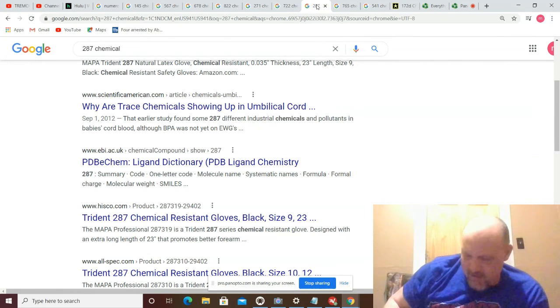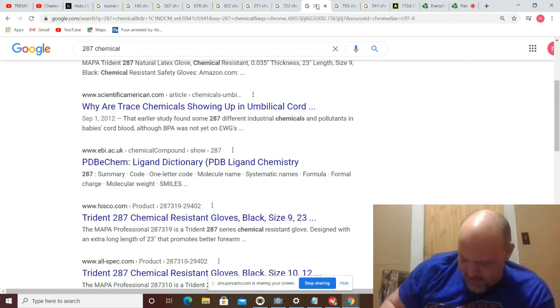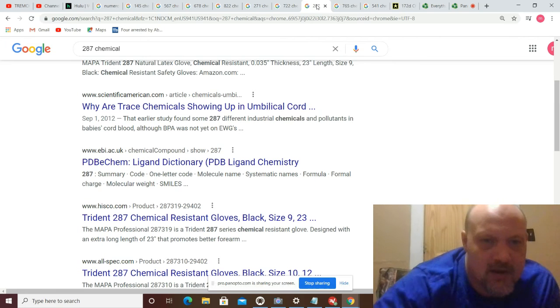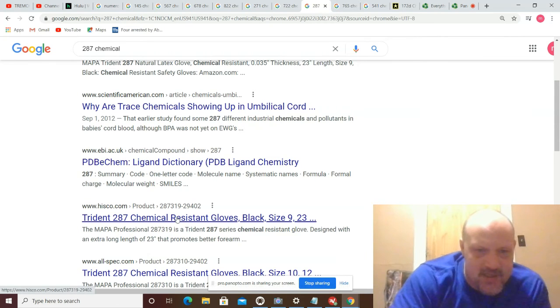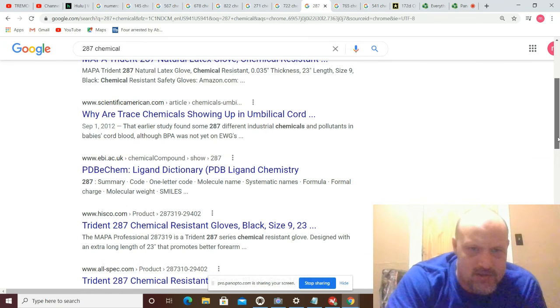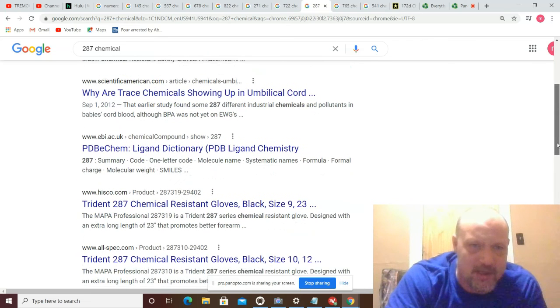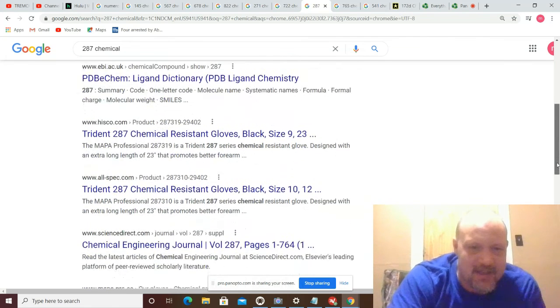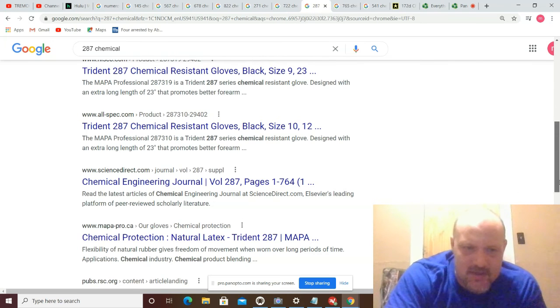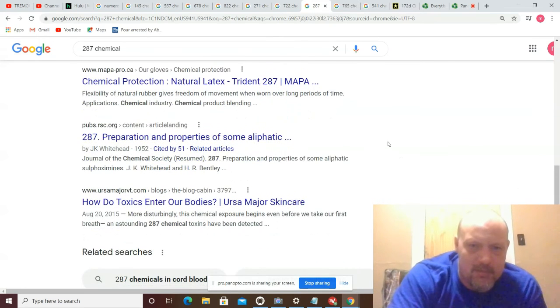And if you move on from that, you have the 287, which ends up being the most interesting thing to me, was these latex gloves. Trident 287 chemical resistant gloves. We had that before with the other number. You also have trace chemicals showing up in umbilical cord, 287 different industrial chemicals and pollutants in babies' blood, cord or cord blood. You also have Chemical Engineering Journal, Volume 287. So there's those gloves again. So you got a few things going on there, but we're going to move on actually